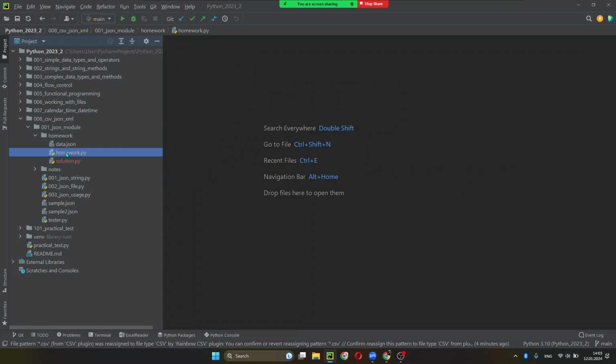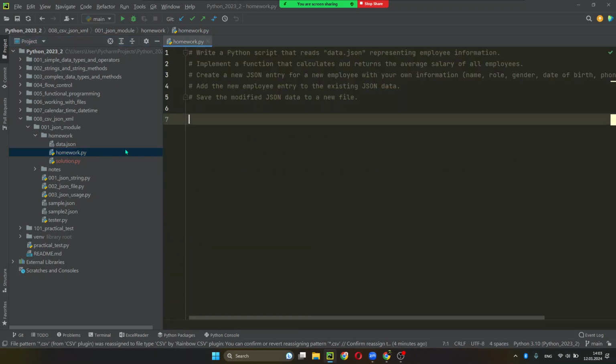It was that one. Write a Python script that reads data.json representing employee information. Implement a function that calculates and returns the average salary of employees. Create a new JSON entry for a new employee with your own information. Add the new employee to the existing JSON data. Save the modified JSON to a new file. So let's start with opening